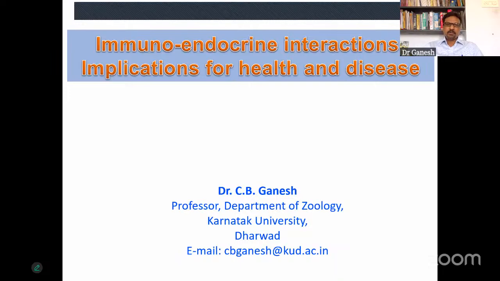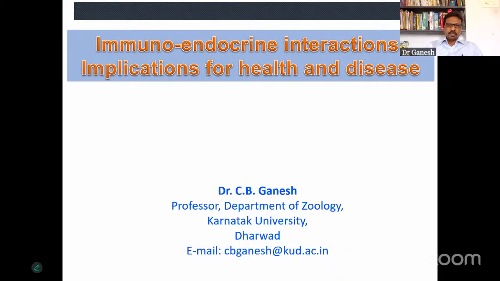The topic is on immunoendocrine interactions, implications for health and disease. This is a branch of biology where the two disciplines have been merged together. Immunology is one separate branch and endocrinology is another branch. These two branches are merged together, and this hybrid discipline was mainly pioneered by an Italian scientist called